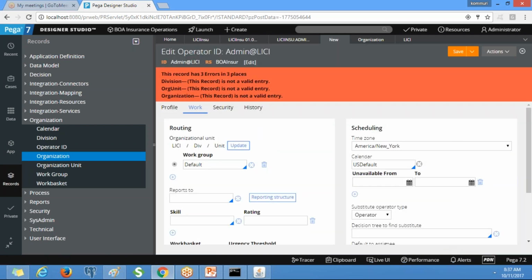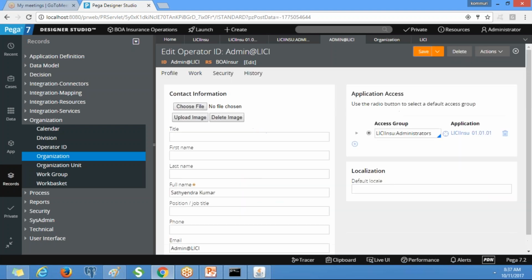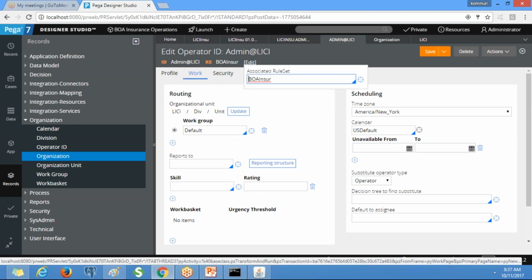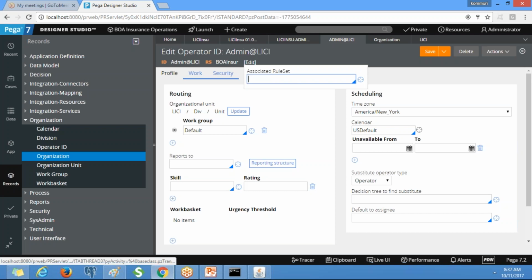You just put the cursor on unit and click on update. It will be updated automatically. Next we need to click on save, and for this operator also we need to change the rule set, our rule set.